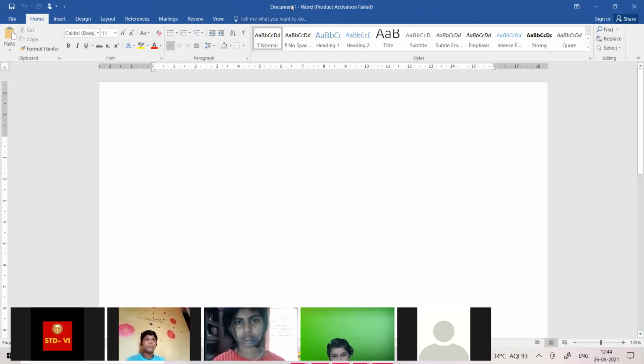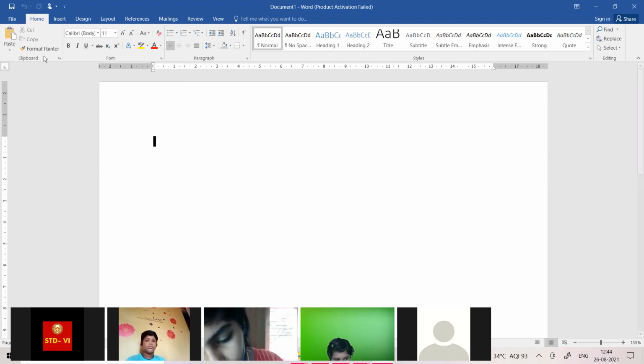Since I have not saved any document, I have not given any particular name to this document. The name is Document1. By default, this name is showing. By default, the style is Calibri, size is 11. We can change it here and there.